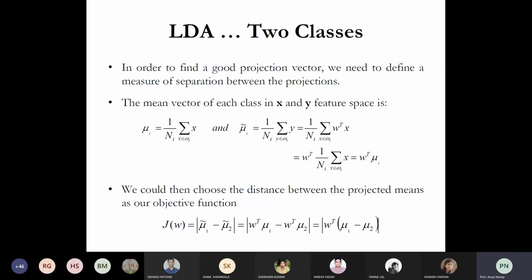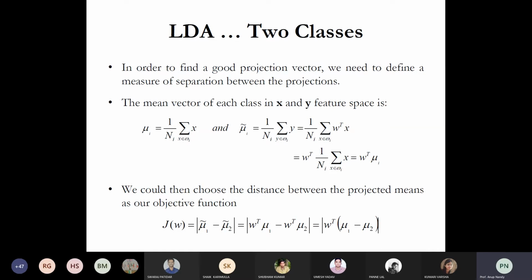So in order to find the projected means, you have devised an objective function. This function is j of w, because ultimately you'll have to compute this w. It is an objective function, or you can say the criterion function j of w. It is just the mean difference, mu1 minus mu2. As you are going to take the absolute value, that's why we are taking this modulus. So mu1 for the first class and mu2 for the second class, provided that your data points are well distributed and follow the Gaussian distribution.